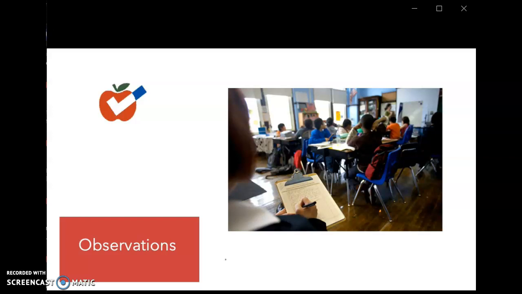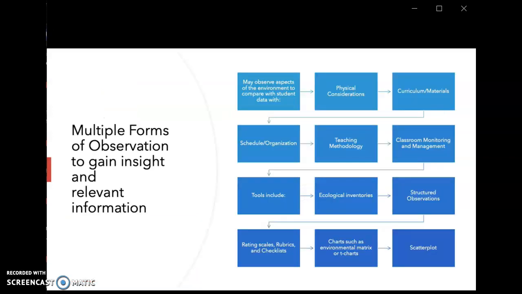Observations. Again, we've already discussed this, but there are indeed multiple forms of observation that help us gain insight and relevant information. We can observe aspects of the environment. We could compare other student data. We can look at physical considerations, curriculum and materials, schedule and organization, teaching methodology,